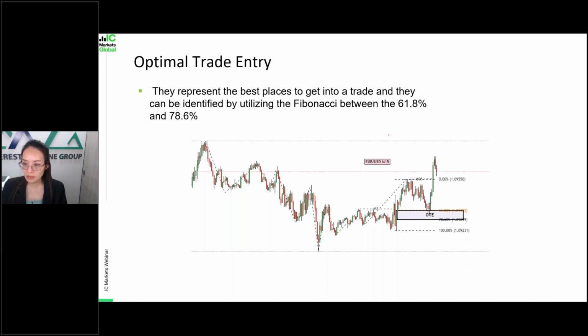Okay, how do you get the OTE? Basically, we will use Fibonacci, which is 61.8 to 78.6, for your entry. This one we need to combine with the price trend. You can see the price in a downtrend: they make a lower low, lower high, lower low, lower high, lower low, lower high, and then at this point,